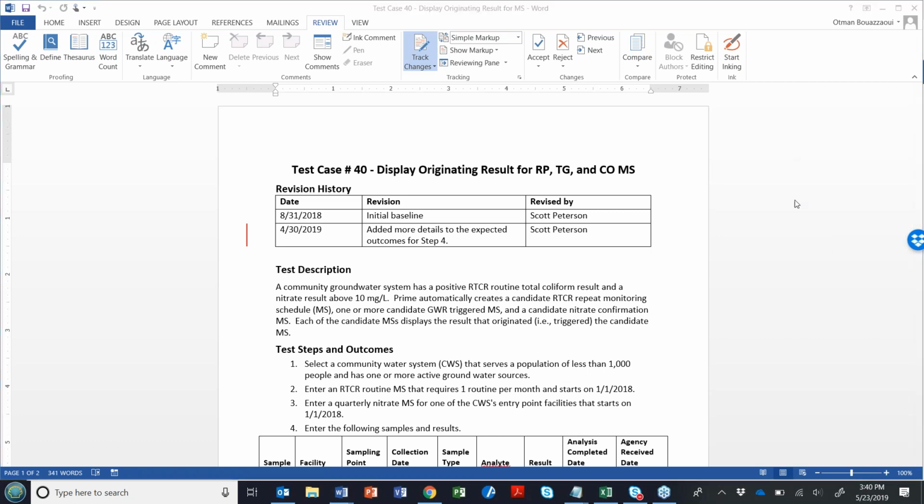Yeah, so just repeat a couple of them. One was, of course, you were running MNR compliance at an individual water system level by a single rule. That approach is for testing purposes to limit the number of systems and schedules that might get checked at once. That is not how it will work in production.